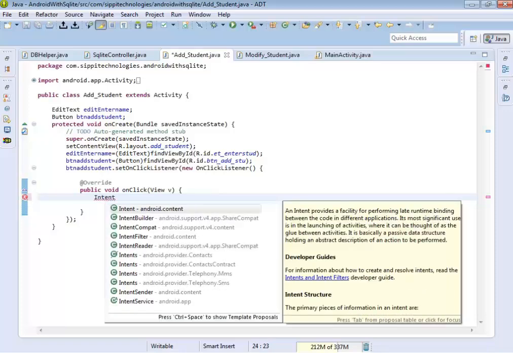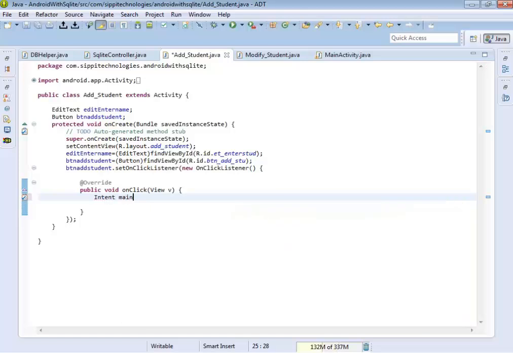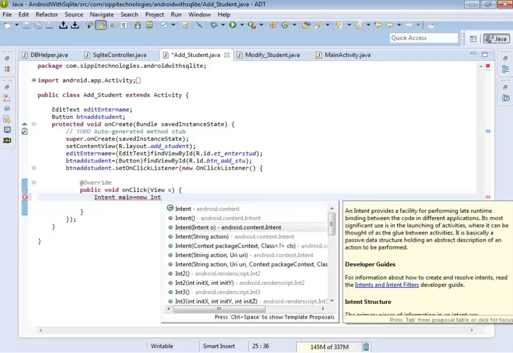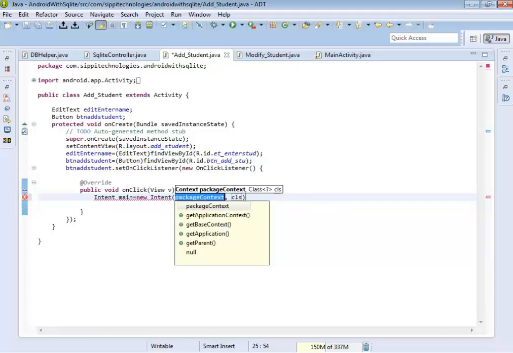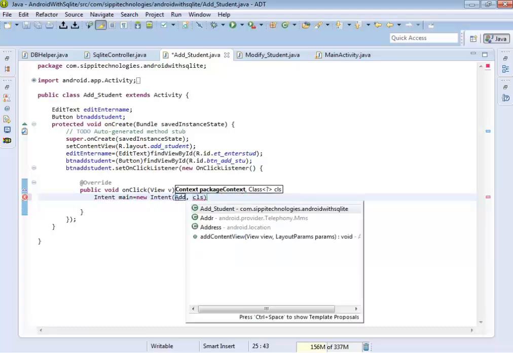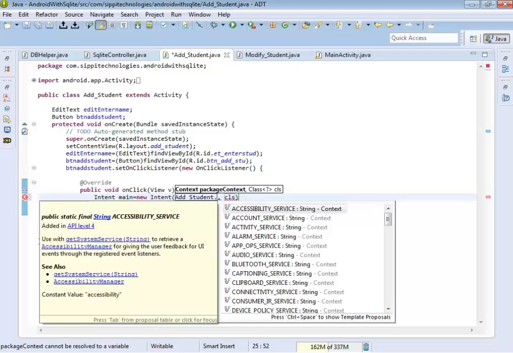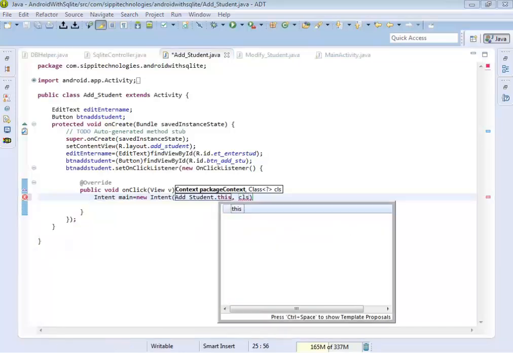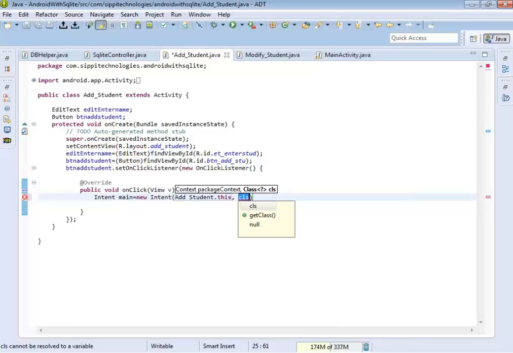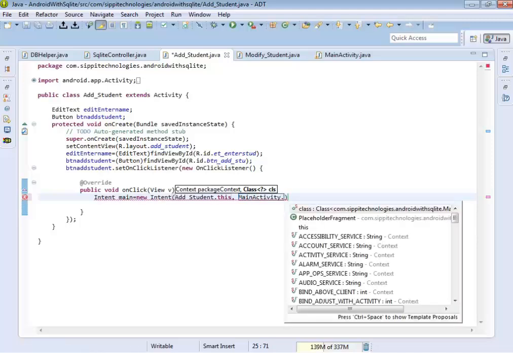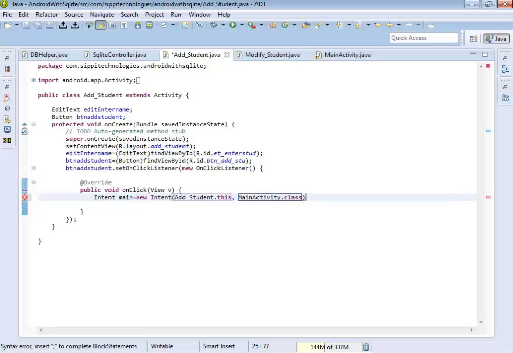Intent main is equal to new Intent, AddStudent dot this, AddStudent dot this class, MainActivity dot class,